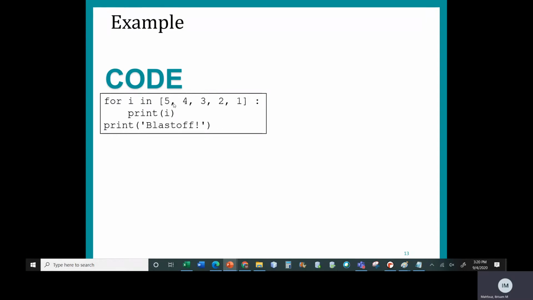So what is it that I want to do with every number in this list, the 5 down to 1? Well, I want to print it. So I print i. So here this for loop is saying for every variable that we're going to call i in this list, for every number in this list, I want you to print it. And so what this code does underneath